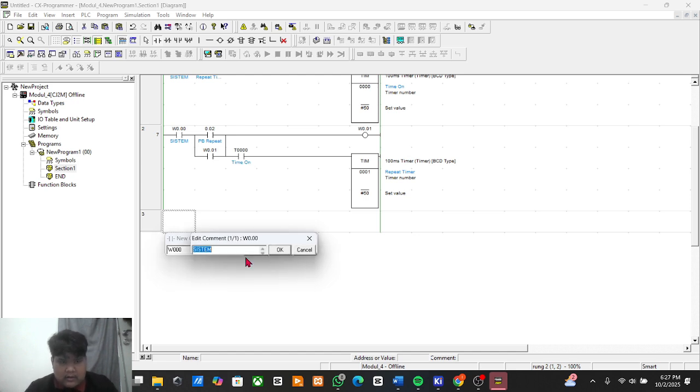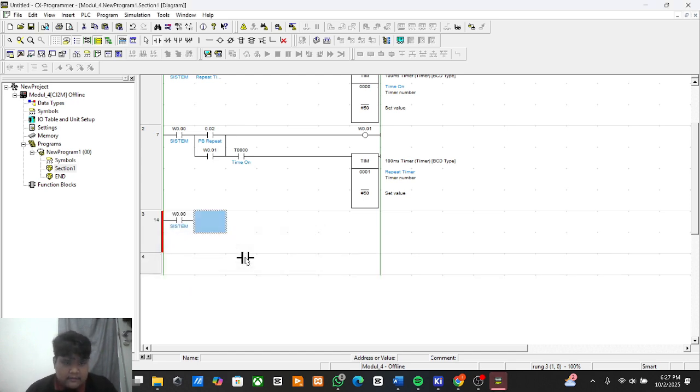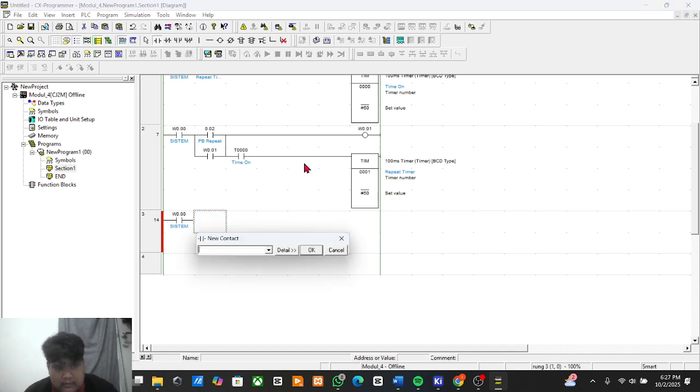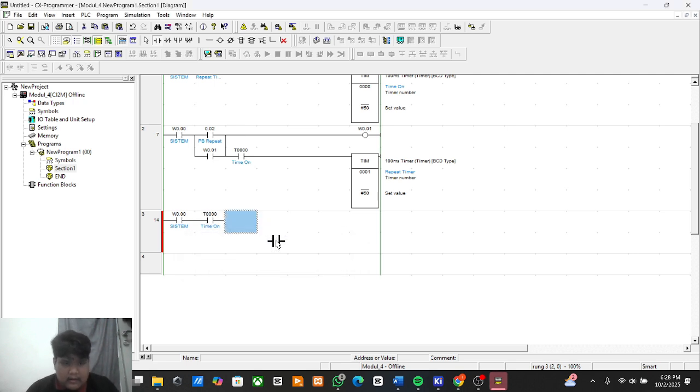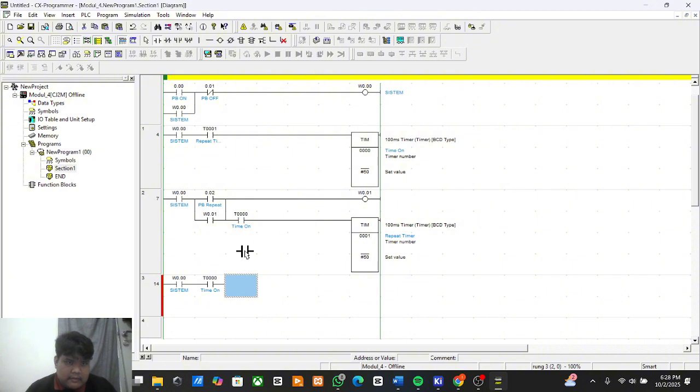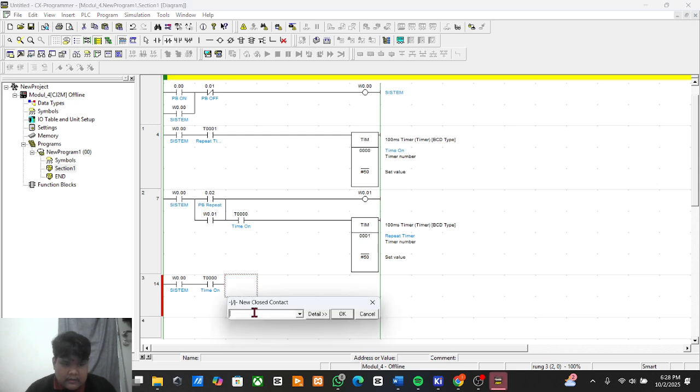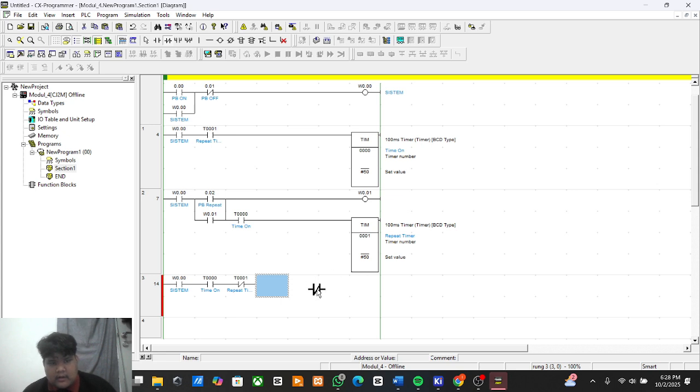And then the last circuit is this, W0.00. This is for the system. Then for the timer, time on, and then we add the repeat timer contact.